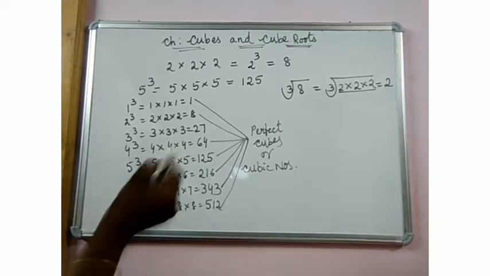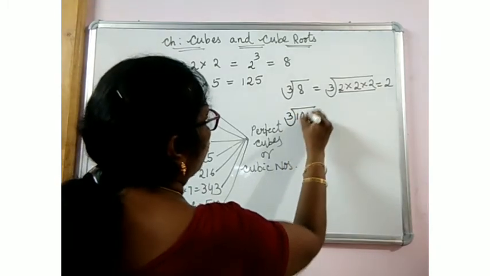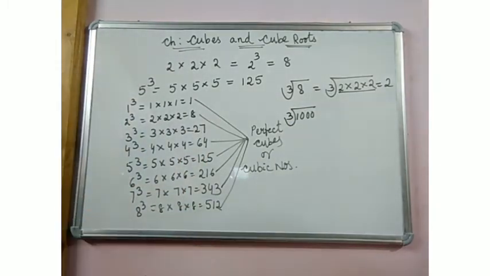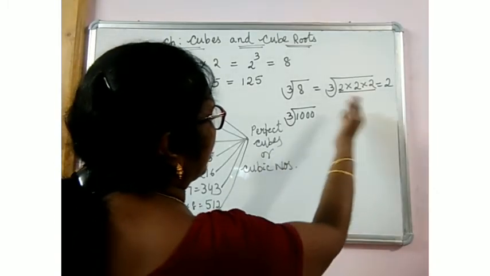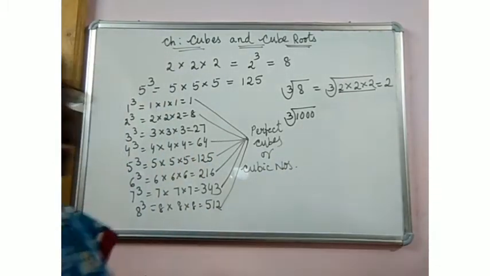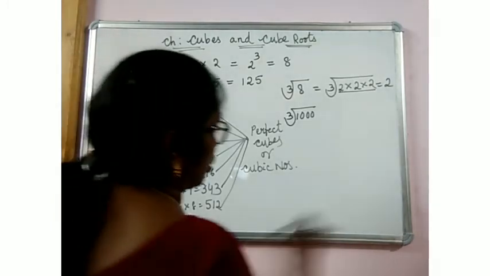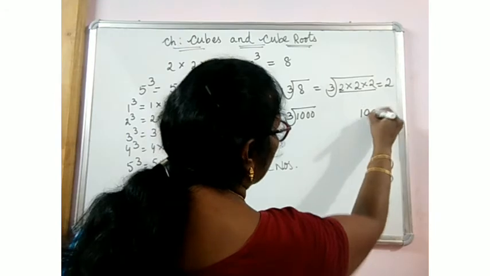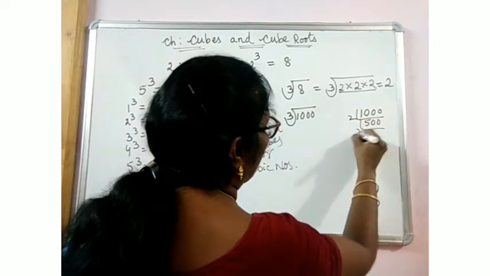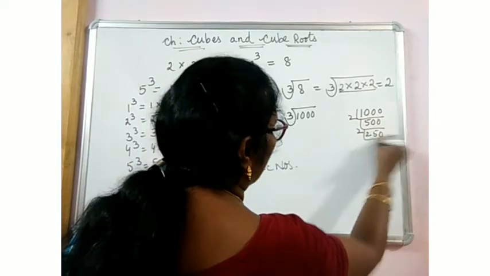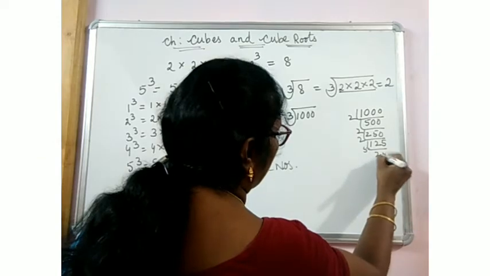A little complicated, let me give you how to find the cube root of 1000. In order to find the cube root of 1000, you know the cube root of 10 into 10 into 10 is 10. But whenever you want to find it, make it by prime factorization, you can find it easily. Otherwise you have to find the prime factors. Sometimes if the question asks to find the cube root by prime factorization, you have to find it like this. Okay.